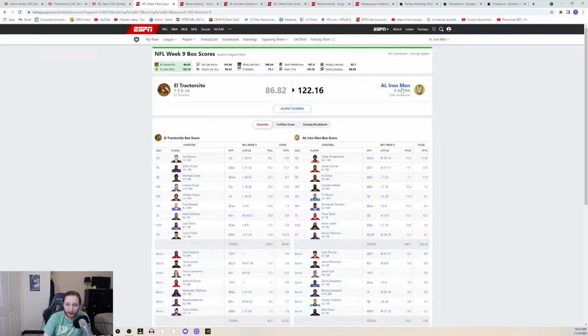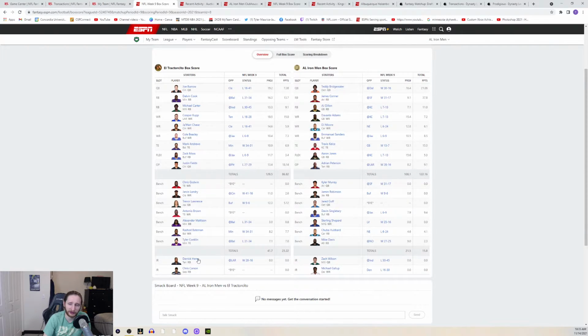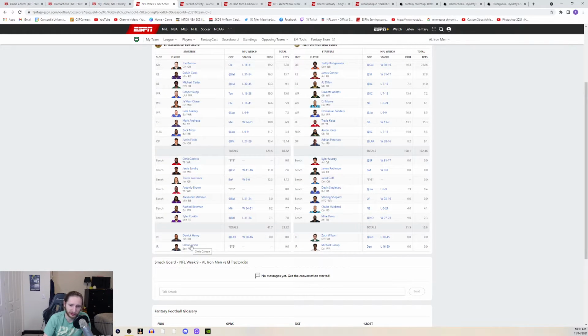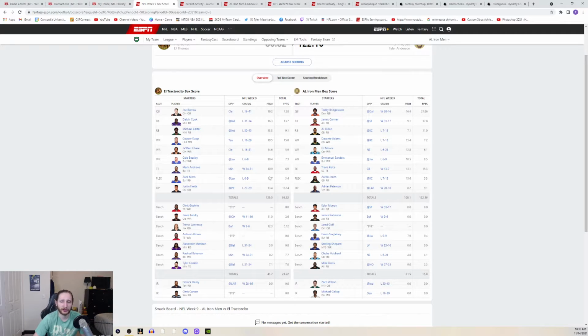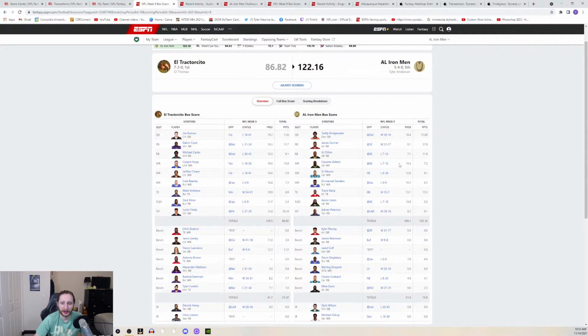So I'm the AL Ironman, and I'm currently 5-4 now after getting a win I didn't expect against the number 1 seed in our league. I guess he is also missing Derrick Henry as well as Chris Carson. So that definitely helped us in that situation. He also didn't have Antonio Brown. But looking at this matchup, I got the win, even though this is a 2-quarterback, or I guess a super flex league, but you want to play 2 quarterbacks, obviously.